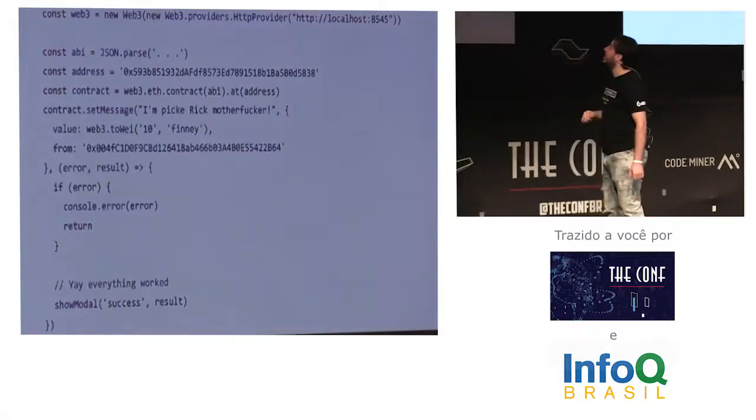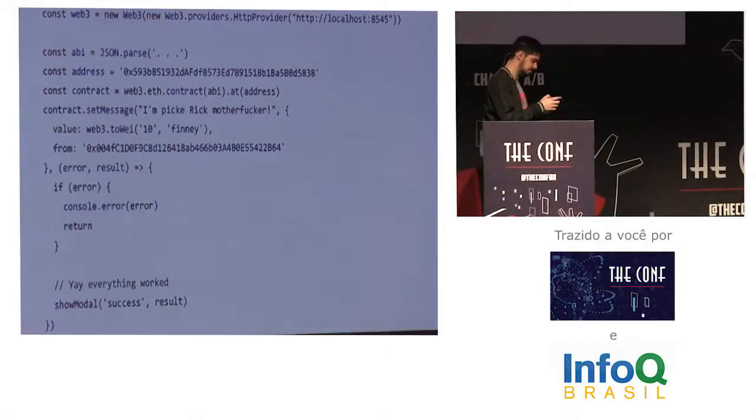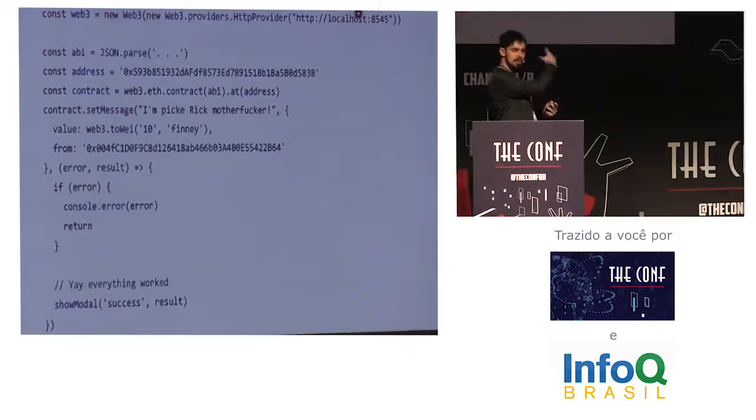So here's a code snippet. I hope you all are getting to understand what's going on here. If not, I can zoom in. In the first line, Web3 is connecting with the client node, okay? It's local, but we could change this address to something else, like Parity, the MetaMask web servers, or another web server that has signed up to the blockchain. The next line is the ABI interface. The next is the address of the smart contract. The next is the smart contract